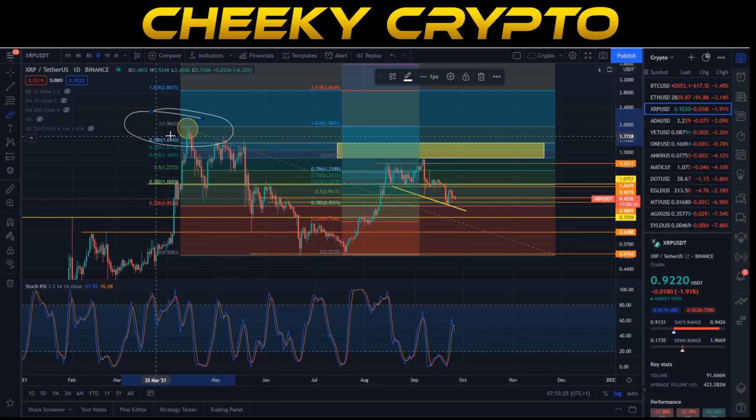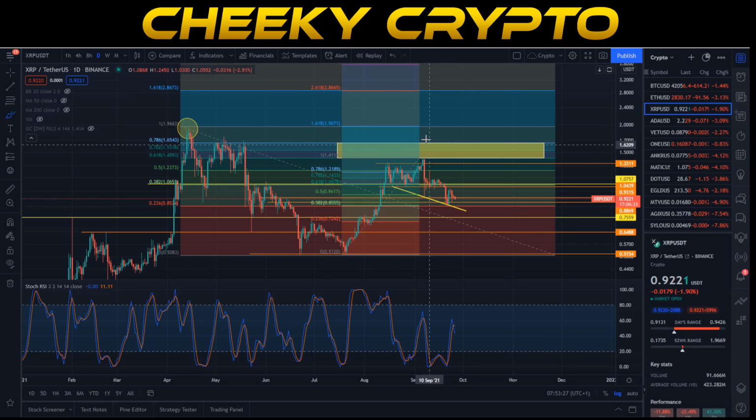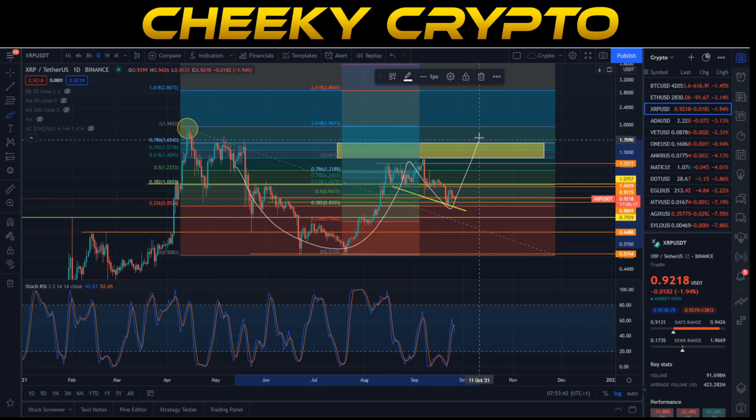This resonates really well with the previous top that we had just over here. So this would be a rejection point. Okay, so what we do is you get this surge up. This is where my anticipation would be for October, and then we would pull back, most likely finding the 786 as our support line. Okay, so what we're kind of looking for? We would want that cup, the handle, the surge to the upside, the back test on the 786, and then